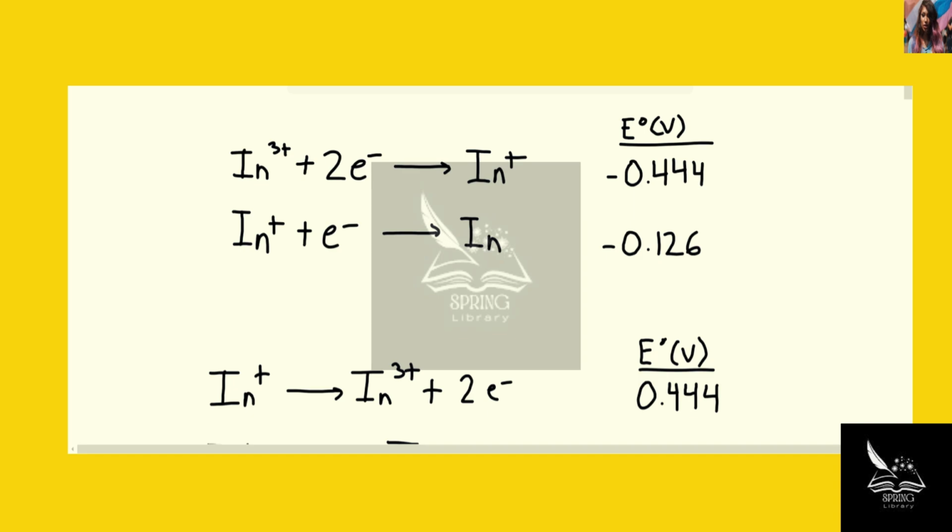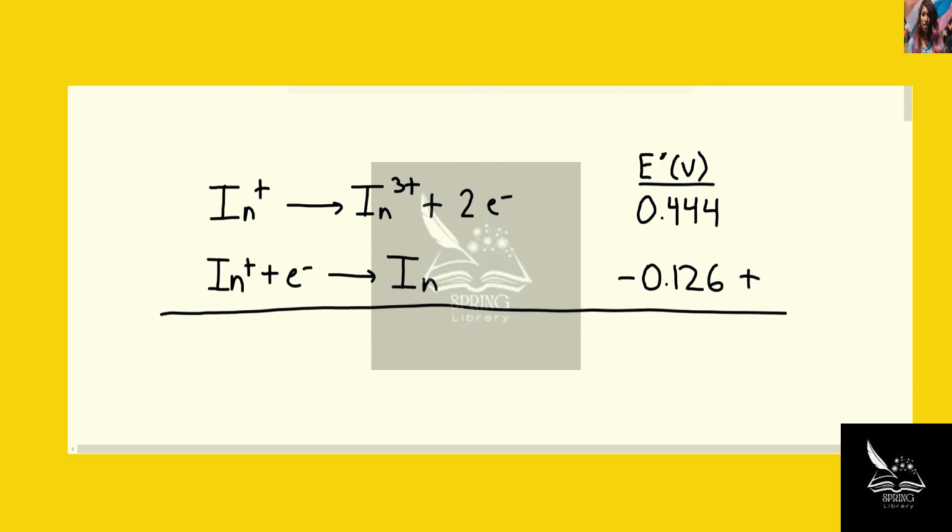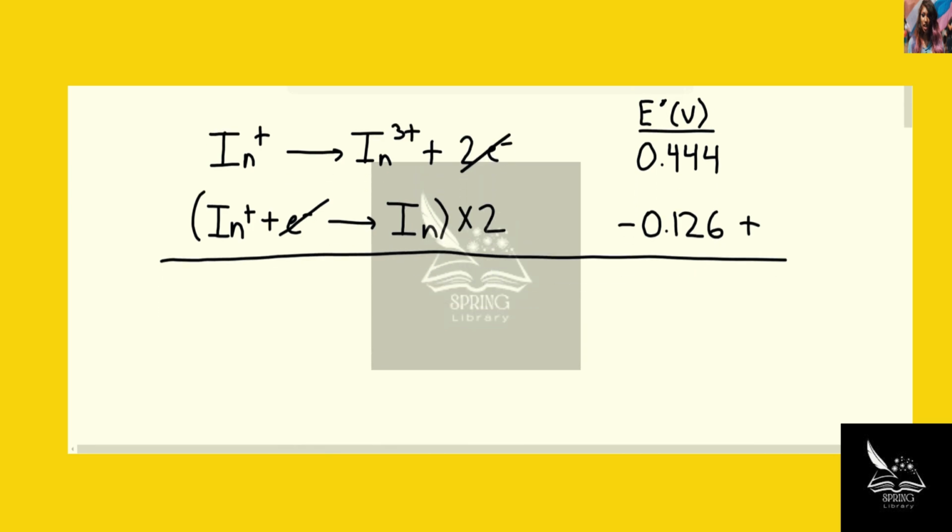We see that in order to get the form of the desired overall reaction, we have to flip the first given half reaction and therefore reverse its sign for its standard reduction potential. So we can write that out this way, where that standard reduction potential is now positive 0.444 for that first half reaction after we flipped it to undergo oxidation. We see that we have to multiply the second reaction by 2 now to cancel out those 2 electrons on each side. And so now we see that we have a total of